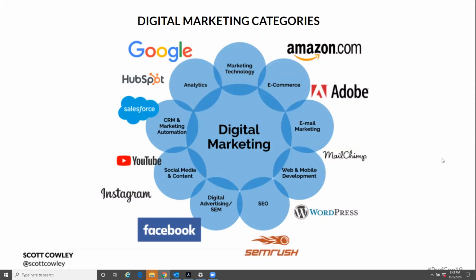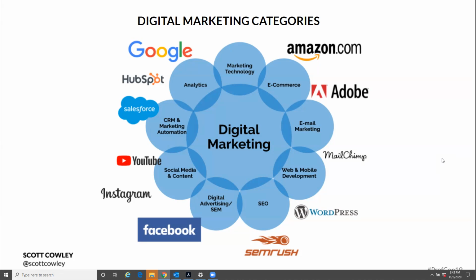So these are all the different digital marketing categories. This is from a digital media conference I went to pre-pandemic. And this is Professor Scott Cowley, who's at Western Michigan, and he's a known expert in digital advertising and marketing. So I grabbed this information, but you see all these different components to digital marketing, and all these are separate careers. It used to be you're a marketing guy and you'd work for an ad agency and you would do all these pieces. Now it's all fragmented.